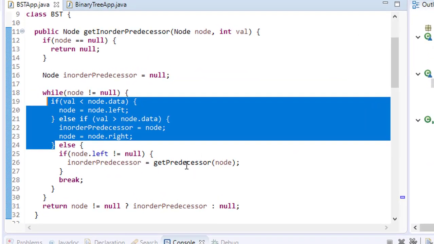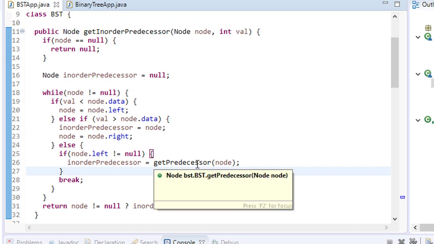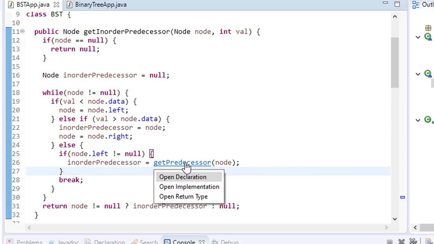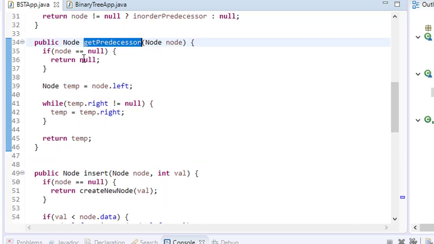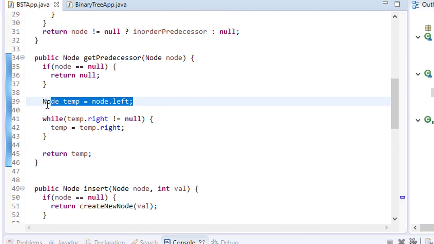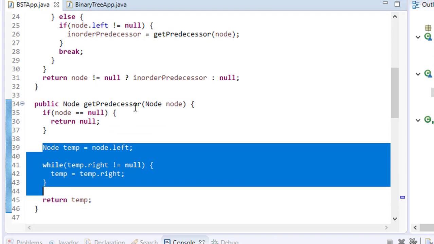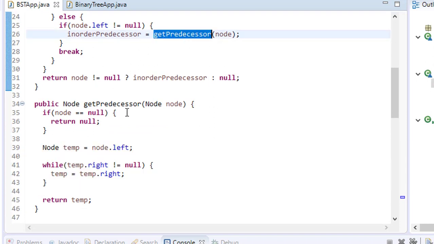So for that we have basically put this case in get predecessor. So we have this function where I'm passing the node. So what happens, I just check that if node of left, if node equals to null, then return null, else go to the left side first, right? So it will store left side, and then until this temp dot right is not null, keep on going to the right side and then return the temp, right? I could have done these two steps here as well, but just to make it more modular, I have just put it in another function, right?